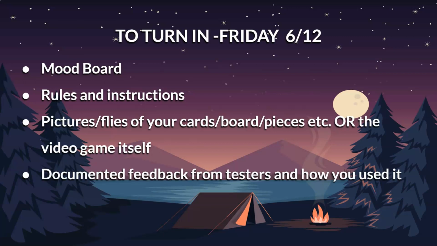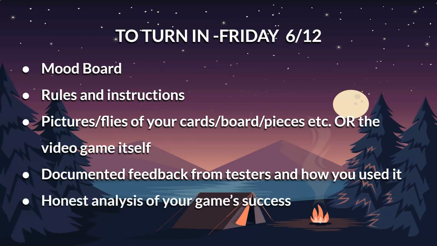Remember I talked about different playtesters and their feedback? I want you to document what they say. Write down their feedback, and then also write down how you actually use their feedback. If they said that a part was confusing, how did you address that? How did you make it less confusing? If you played it over and over again and the same person was always winning because their character or their different advantage was too much of an advantage, how did you address it so that it became more fair?